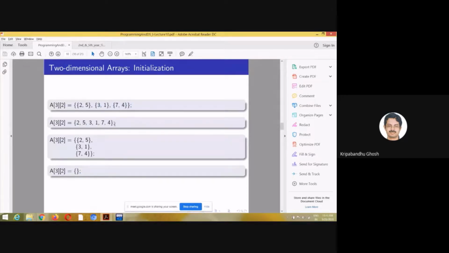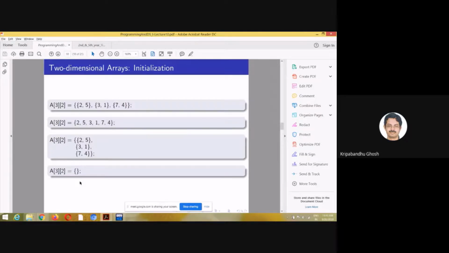You can also do this, and since you have basically already set the number of rows and columns as 3 and 2 respectively, if you simply write this, the compiler will understand that this is the first row, this is the second row, this is the third row. It will automatically do that. You can also do it like this. These 3 are equivalent, and if you do this, then all the elements will be initialized to 0.